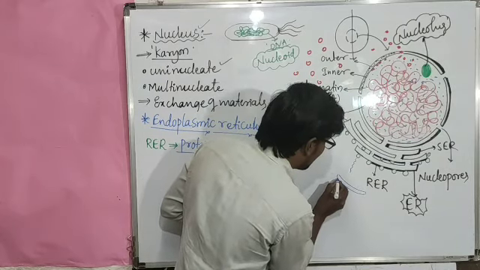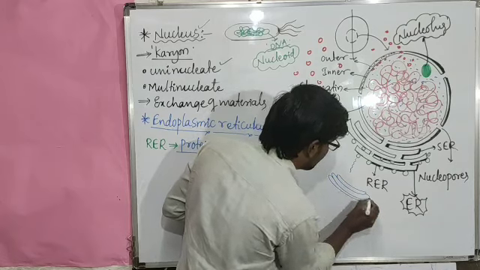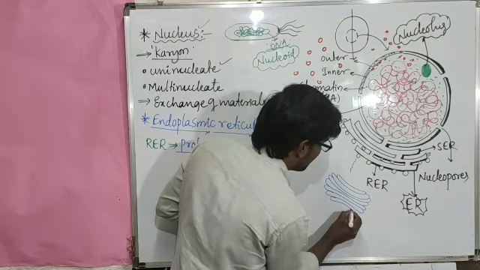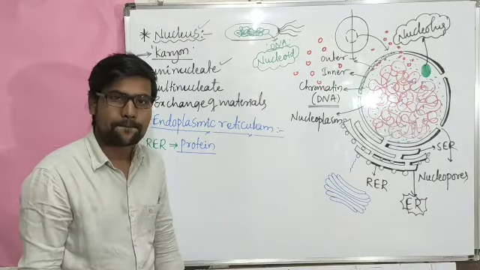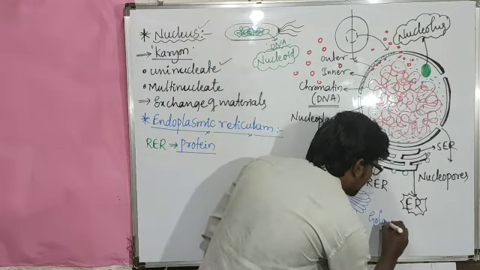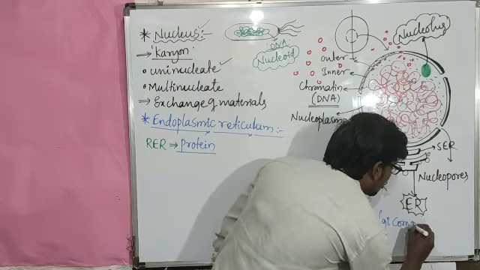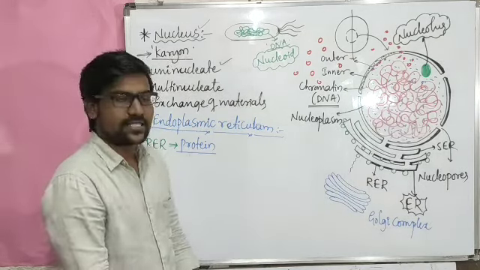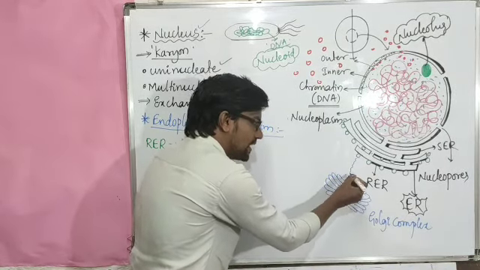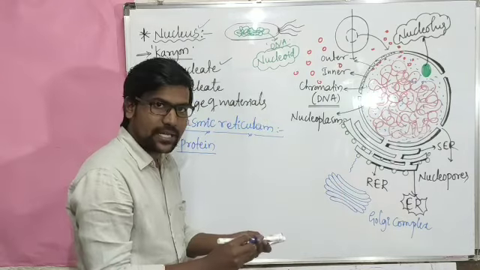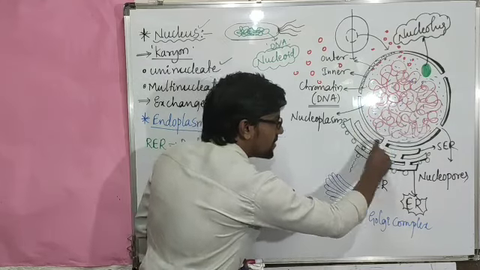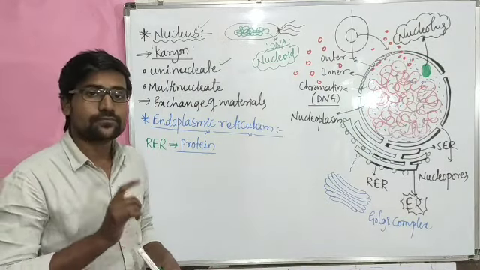What is the structure? What is this one, the structure? Yes, we have the Golgi complex. Very good. Golgi complex. So this chain of protein, chain of amino acids, when it enters into the Golgi complex, the Golgi complex structures are also just like endoplasmic reticulum-like structures. But the thing is,